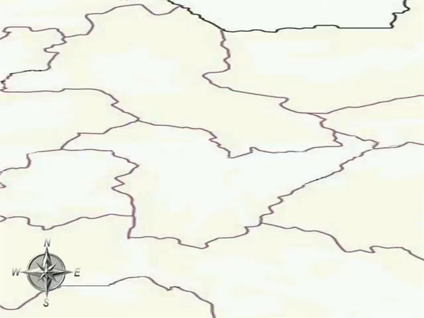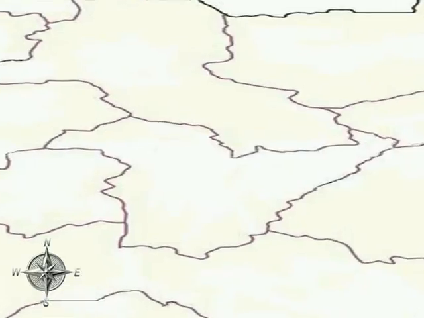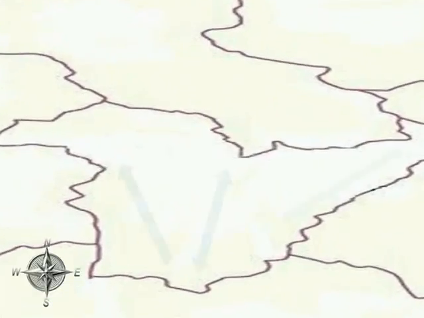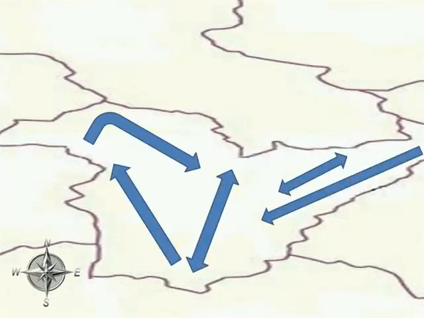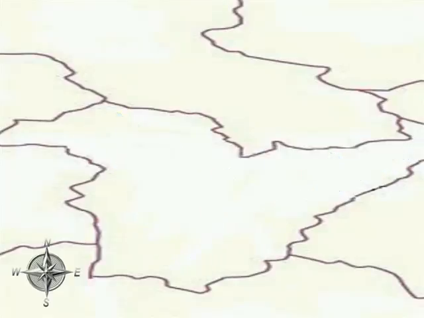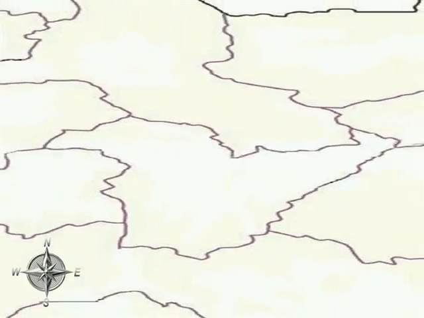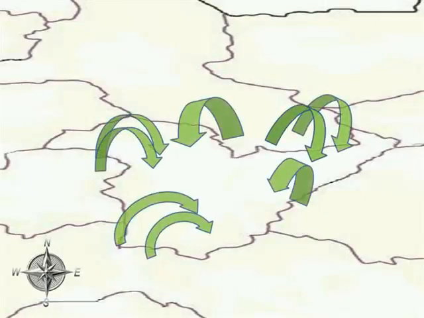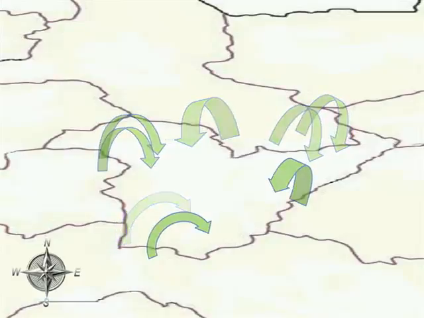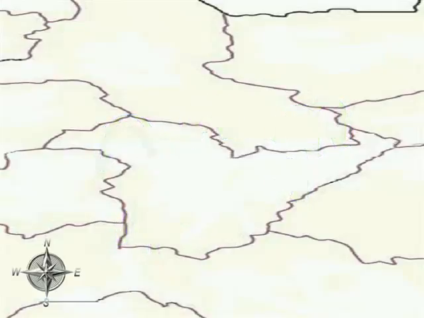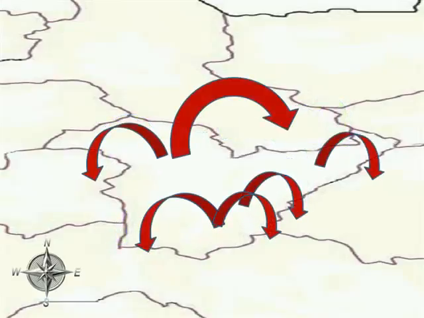From the perspective of a given country, migration can be within the country, and this is known as internal migration, or between countries, and this is known as international migration. International migrants can be of two types: immigrants, who are people entering the country to become usual residents, and emigrants, who are people who leave the country to take usual residence in another country.